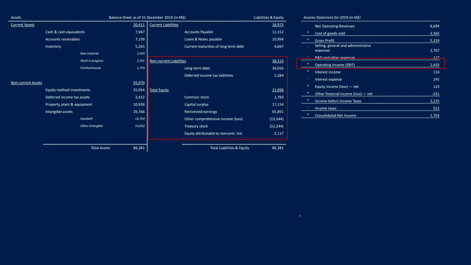Doing so, we end up in a measure that we call return on capital employed. The return on capital employed is defined as